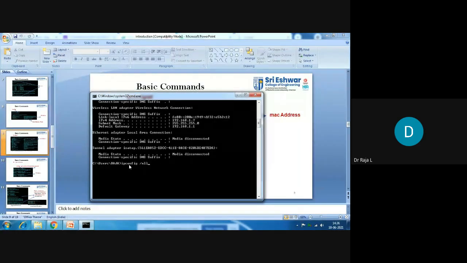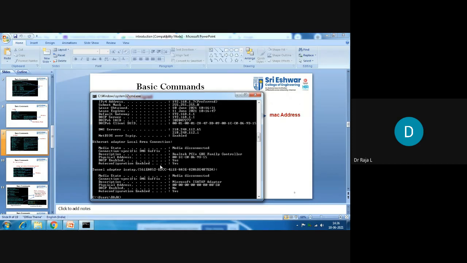Okay, within the network, within a local network that you are connected to with the same type of protocol, you can use that IP. But when you go beyond that local area network, when you are connected with the WAN, we should go with the MAC address. So how are you going to connect with the MAC? How do you know the MAC address of the PC? For that, you need to use this command, ipconfig /all.